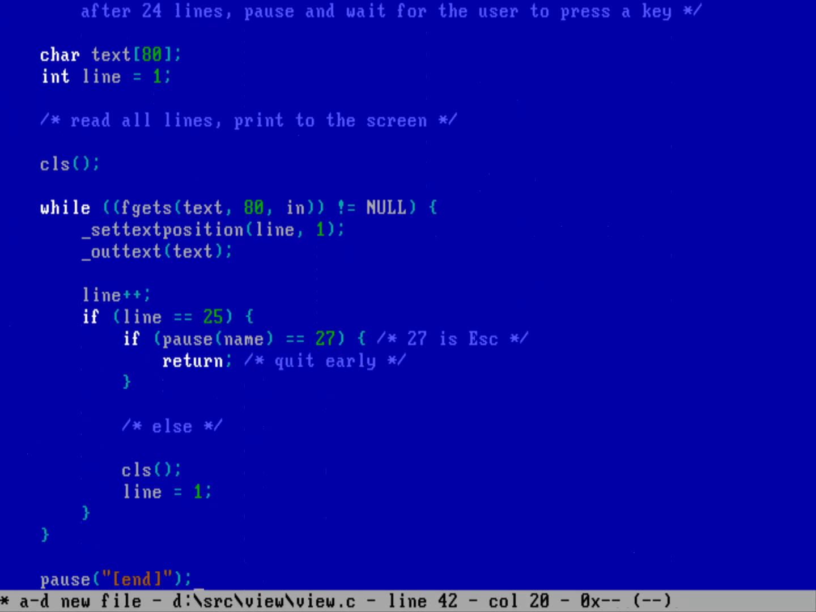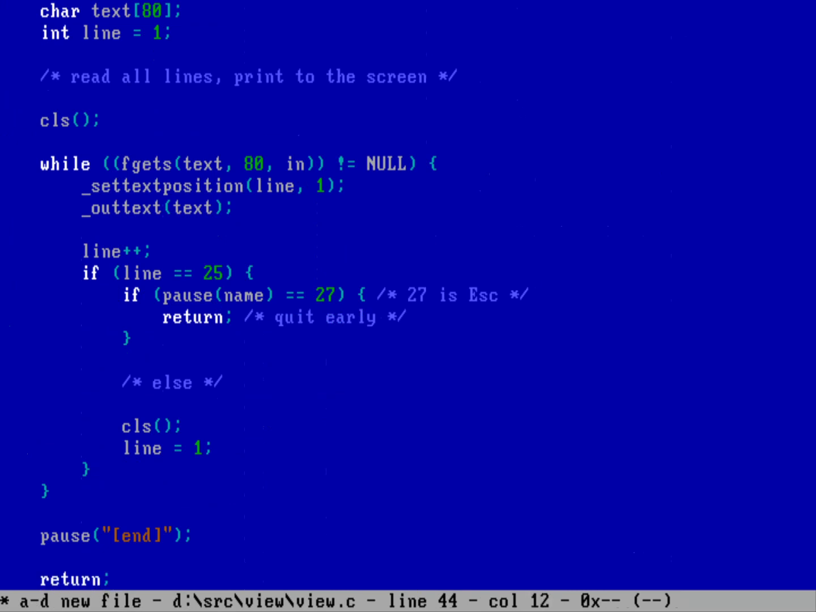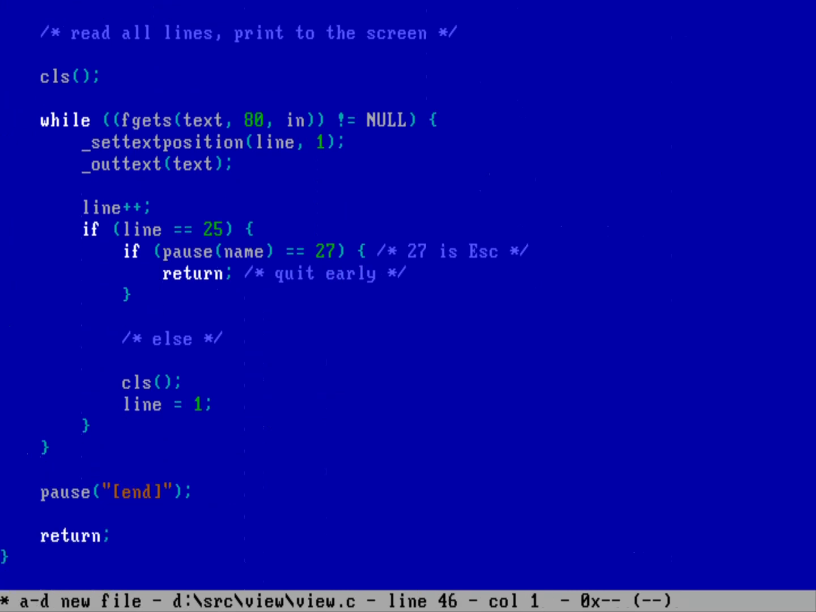And so there's my pause, just to let the user know that we're done with the file, and then we can return at the end. And I guess since this is a void function, we didn't need return at the end, but we'll do return here at the end anyway. All right,